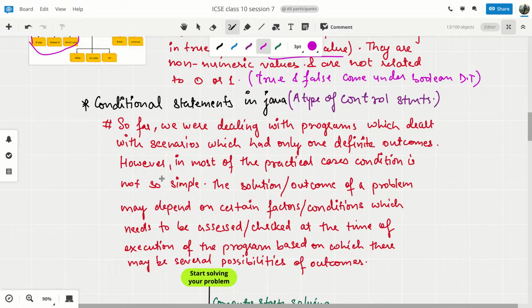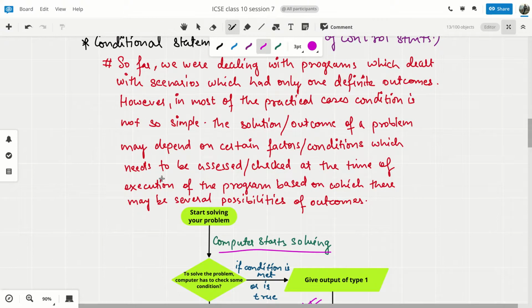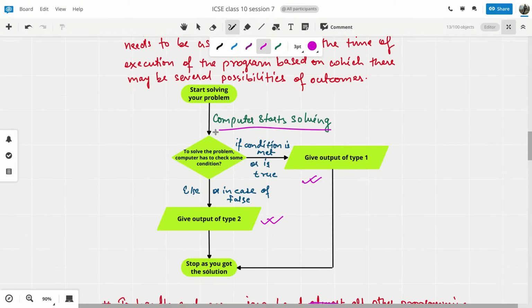Okay, so that condition check can be handled by Java using conditional statements, using this logic, whether the condition is true or false, and depending on that output 1 or output 2 or some other output 3 will come, and then you will get your solution. Therefore, we need conditional statements.